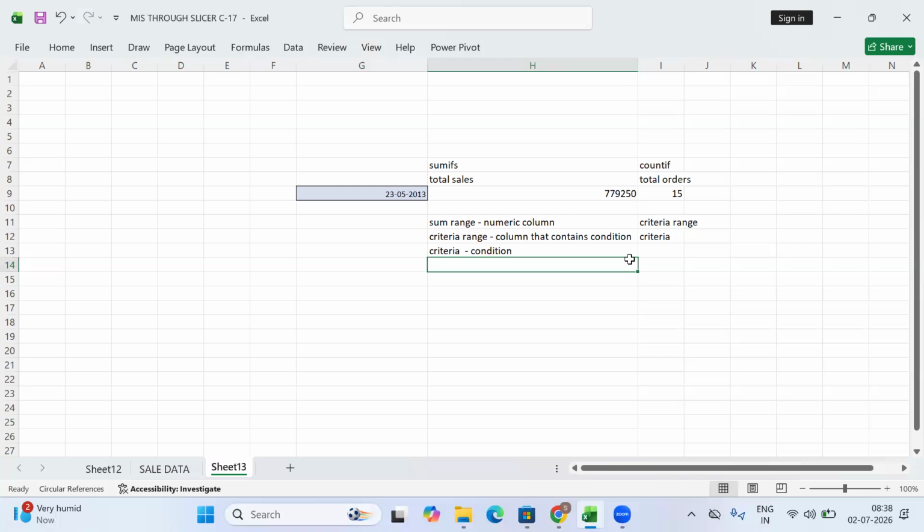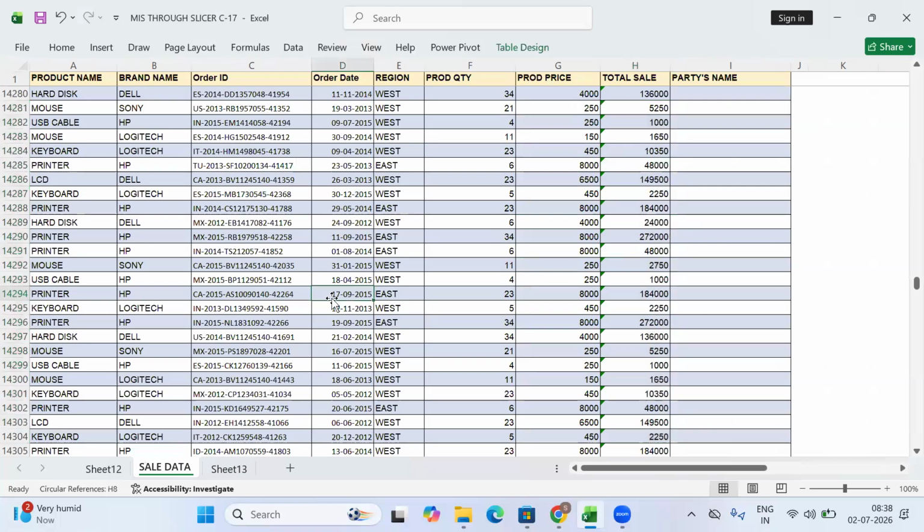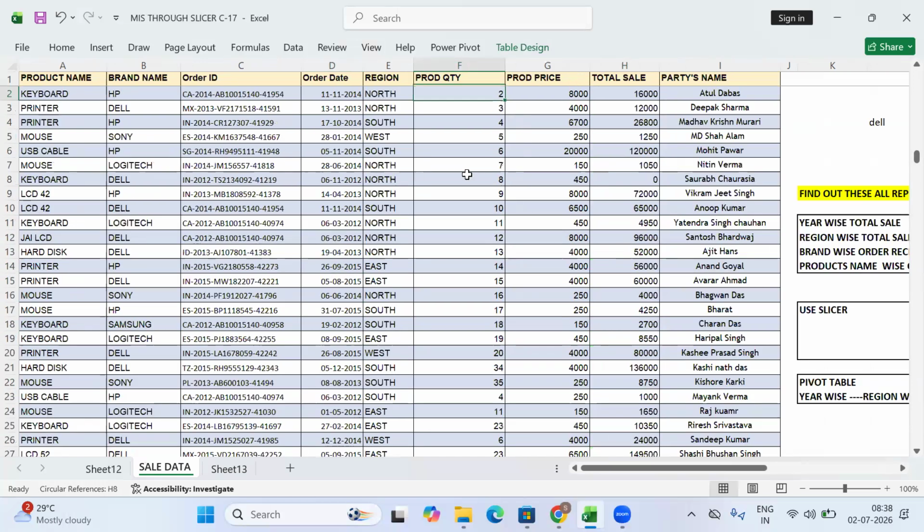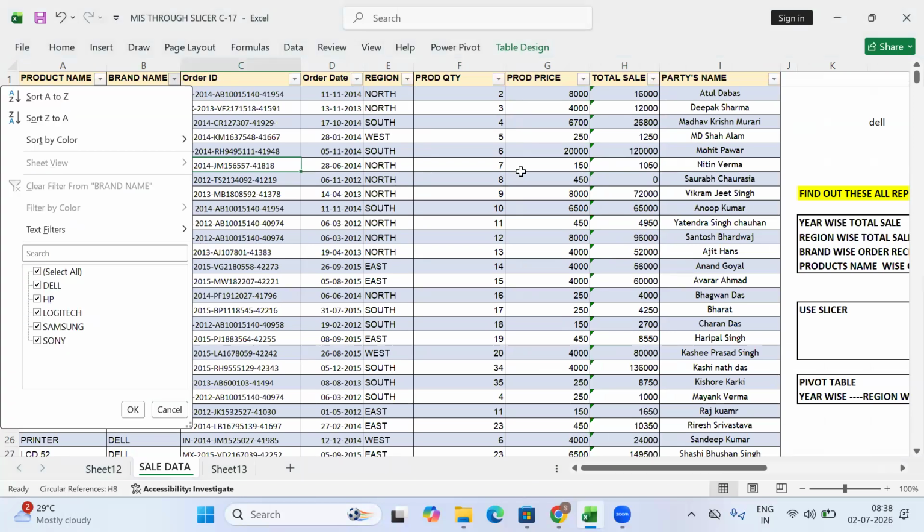So it's very simple, to be honest. Can you give me one more example, ma'am, or just to understand particular dates based on our criteria? No, ma'am, it's not about date. Just take an example. Now I'm saying I have multiple brands. Suppose I just want to calculate for HP how many orders placed.